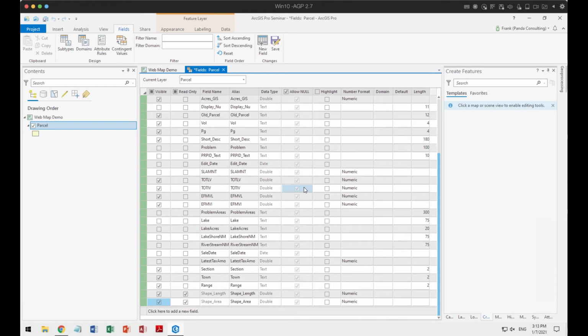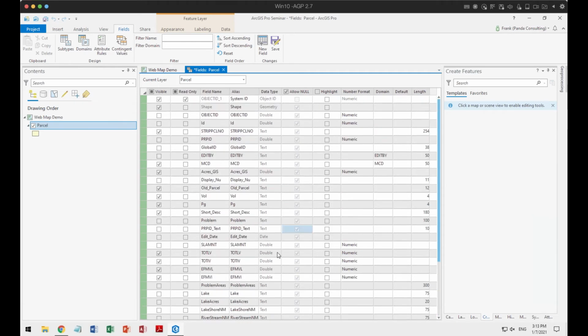All right, so I've turned the layers on that I want, but there's other things that I should be setting. For example, as I go across here, is it read only? Is this going to be editable? What's the original field name? What's the alias in here? And you saw that I put an alias in here for my object ID. I can put aliases in for these other ones. I'm going to leave them like this. You know, maybe I go and make this,